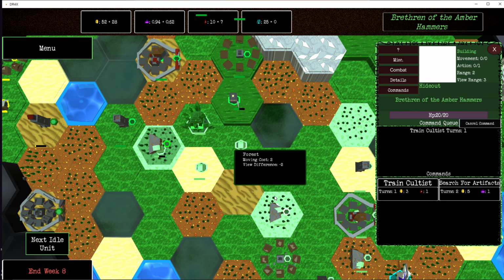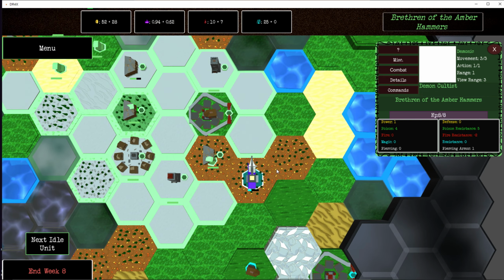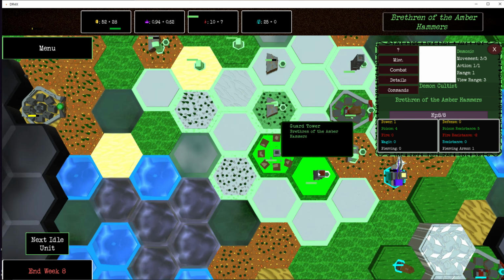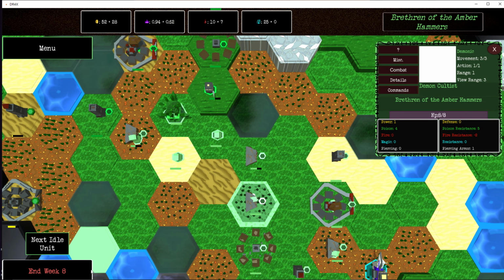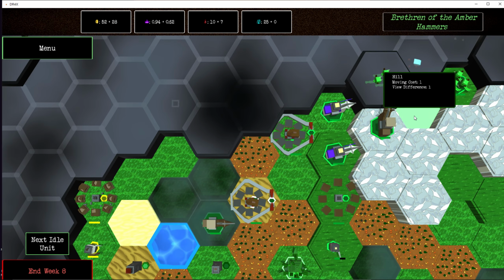I might want to train another cultist. I could build... I'm going to wait to build another hideout. Even though the hideouts give me resources, and...